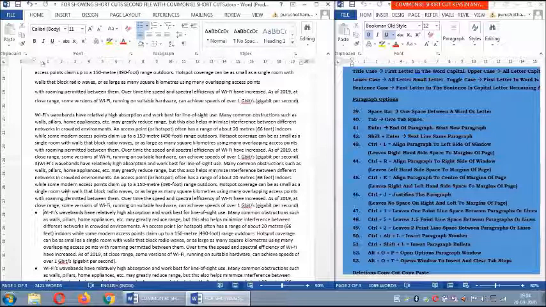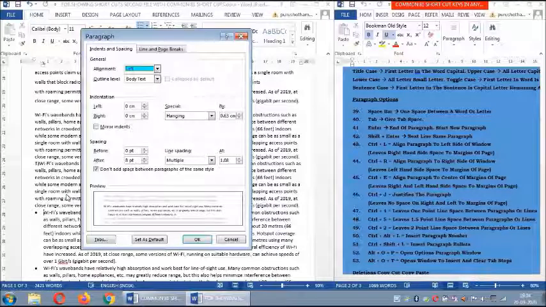Now we want to see the paragraph options, where we set Alt O P. We can get the paragraph dialog. Any spacing between paragraphs is there. Line spacing here is multiple lines, and this is 1.08 spacing. Here alignments are seen. Now you see alignment is left, and the left margin is not there, right margin has no space.